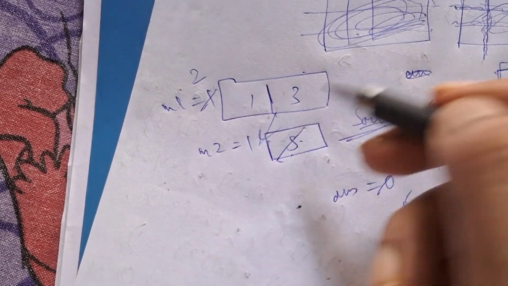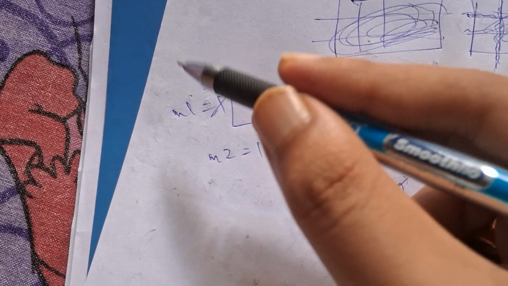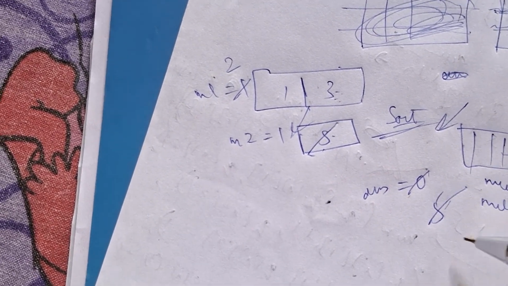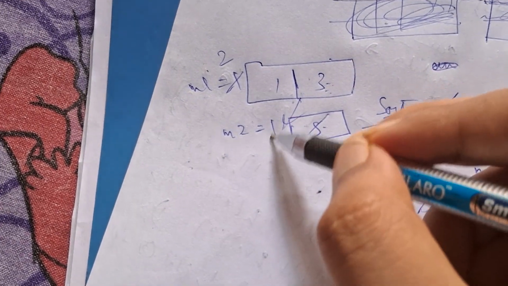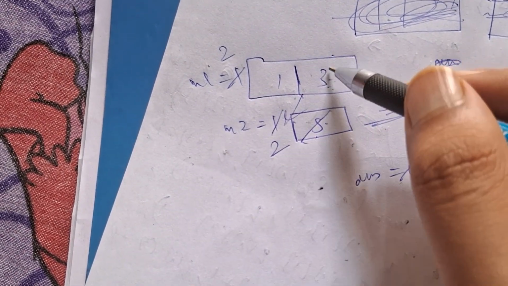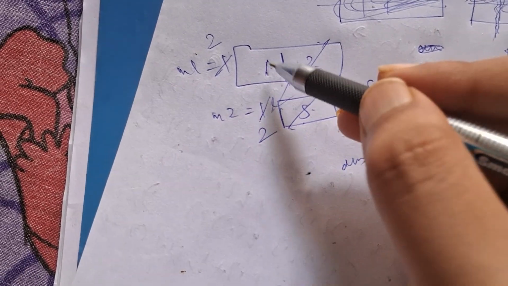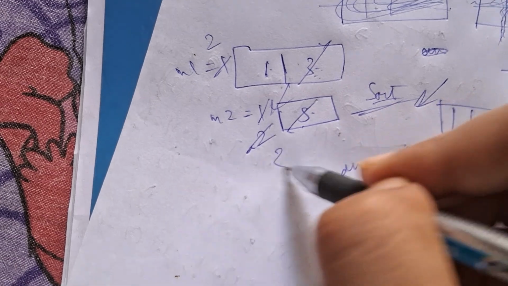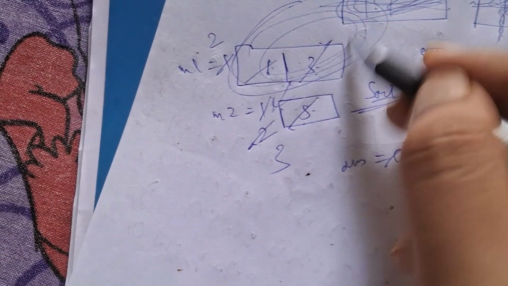Now there is no element remaining over here, so we have to check this, that is 3 into 2, that is 6. 5 plus 6 is 11, and you have to make this 2, because you're executing this, right? Then 1 into 2, that is 2. 11 plus 2 is 13, and increase this to 3. So you executed all the elements of this array and this array,